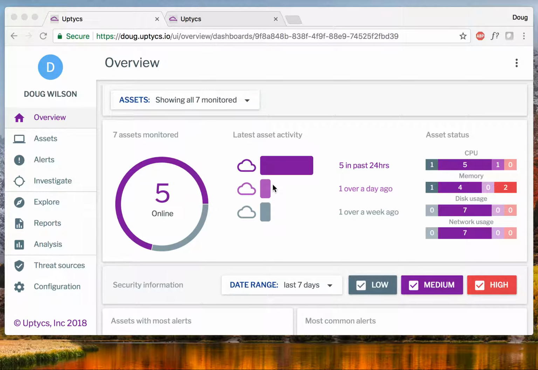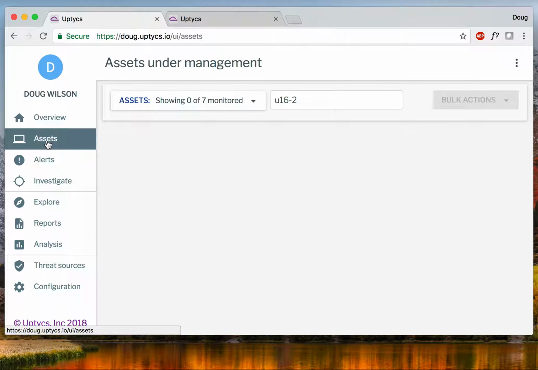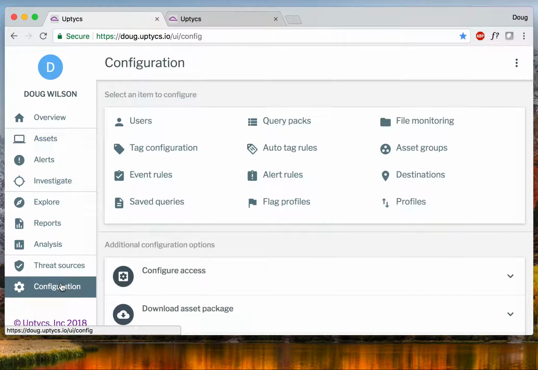So right now, I'm logged into my Uptycs account, and I currently have my assets filtered so that you can't see my other assets. But what we're going to see is when I have the machine installed and talking to Uptycs, it will appear on this screen. So when we want to get a new package from Uptycs, we go to the configuration screen